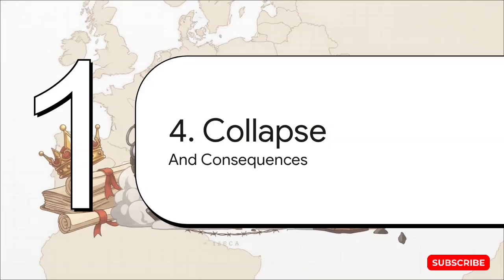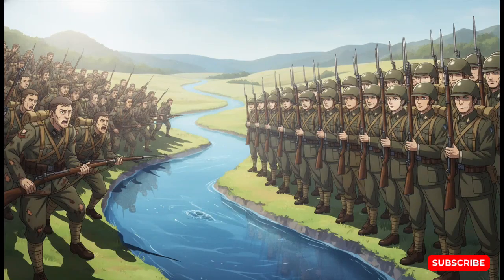Now for our final section, Part 4. Collapse and Consequences. Driven by just desperate exhaustion, German General Ludendorff planned one all-out last-ditch spring offensive. It was a massive gamble to try and win the war before America could really tip the scales. But the gamble failed. Despite making some early advances, the utterly exhausted German army was finally halted at the River Marne, and there they collided directly with nearly 1 million newly arrived, completely fresh American soldiers.